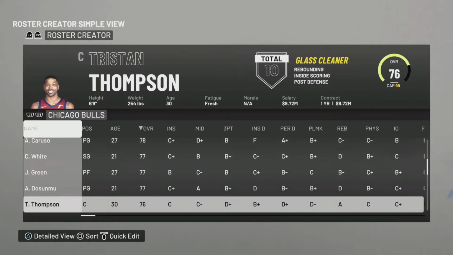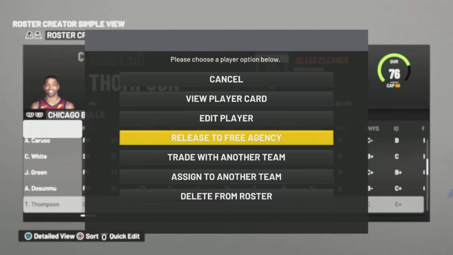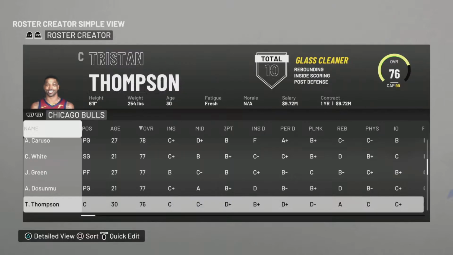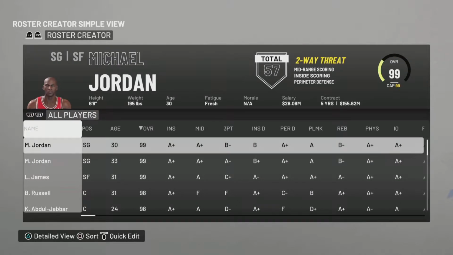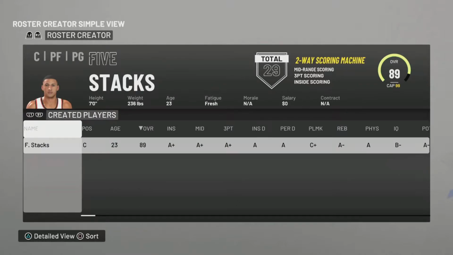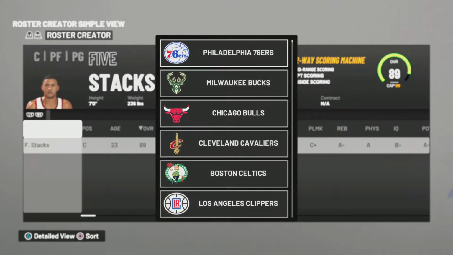Let's get rid of Tristan Thompson, no personal Tristan, but we're going to send you to the land of the free agents. So release to free agency, and then we're going to go over to created players, and add our boy 5 Stacks, Shelton State Community College's finest, center, power forward, and point guard as well. We're going to add him, copy to a team, copy to the Bulls,